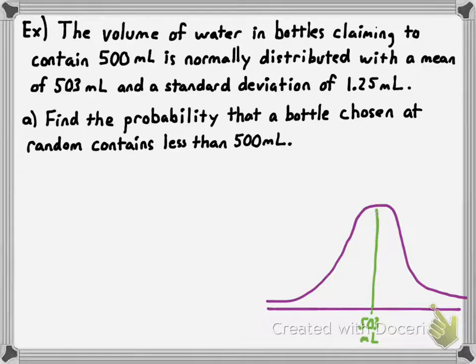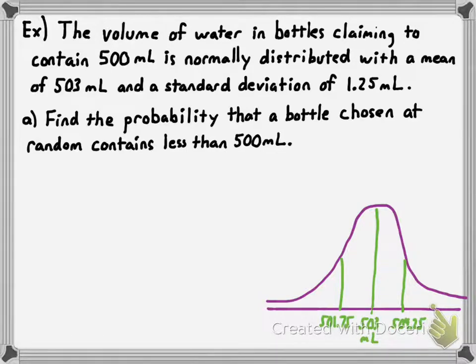I'll just make that go all the way up there. And then one standard deviation is 1.25. So one standard deviation above would get you to 504.25, right? And then so on and so forth. If we're going down, we would be subtracting 1.25 at a time. So one standard deviation below would be 501.75,